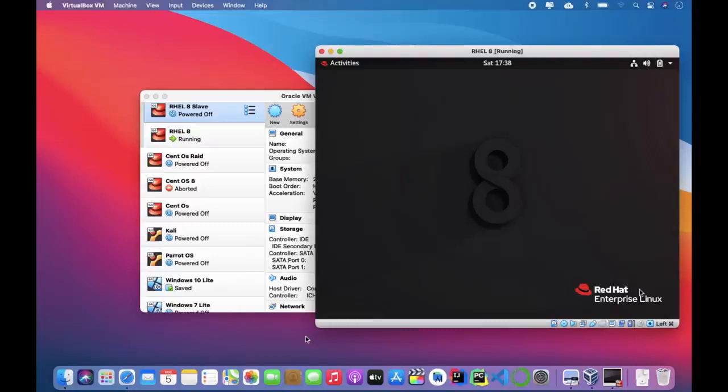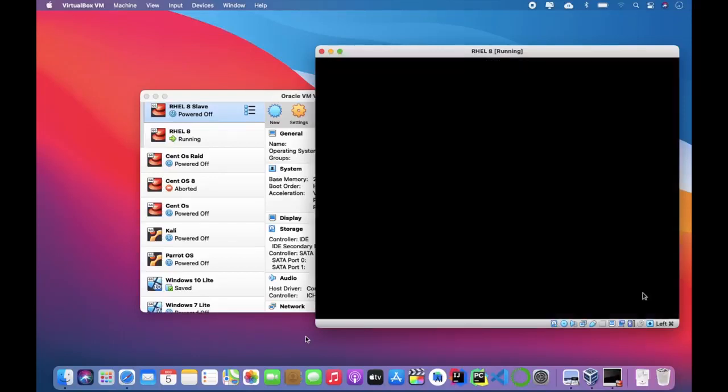Hello everyone. In this video we are going to see how we can integrate LVM with a Hadoop cluster so that we provide elasticity to our data node. And now we want to do the same thing by using a Python script so that we can automate all these things. Whenever we want to increase or decrease the size of our data node, we just have to give the size and it will automatically configure with the Python script. So let's see how we can do it.